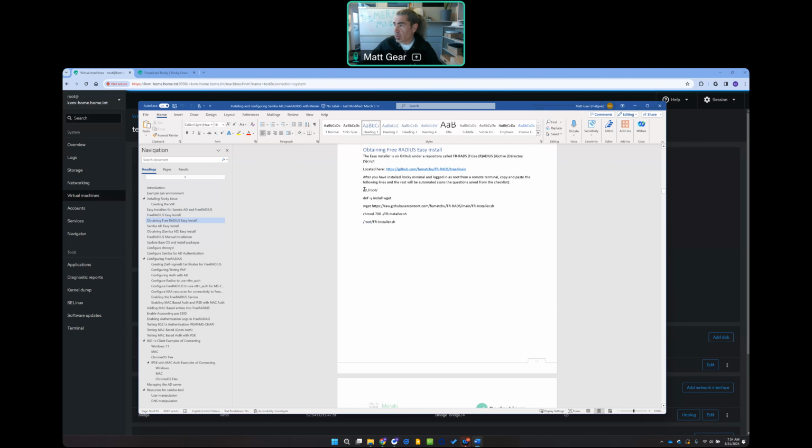The Word document also provides you a couple lines of code that you can use. So even if you don't want to go to GitHub and you just want to grab the code here and paste it into a terminal, into your Linux server that you've created, you can do that also, right? But what I'll show you is actually getting the installer first. So if you went to GitHub,